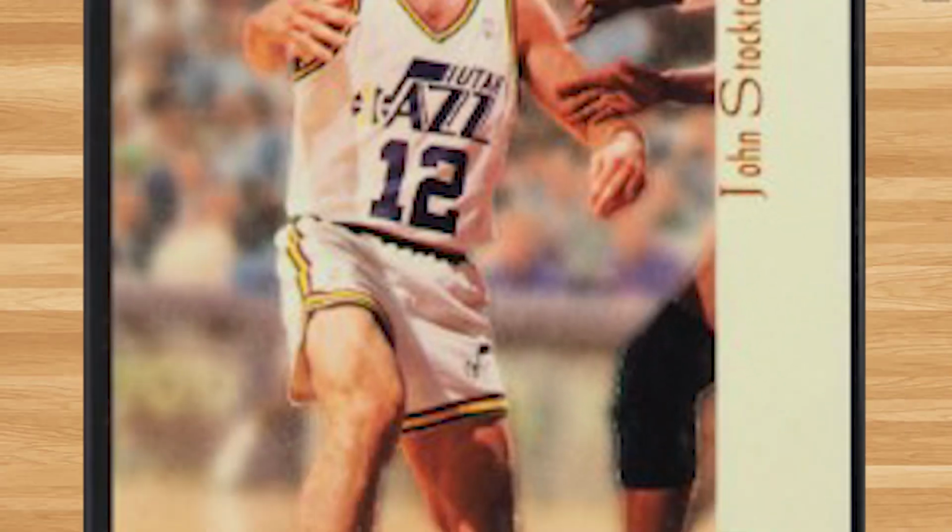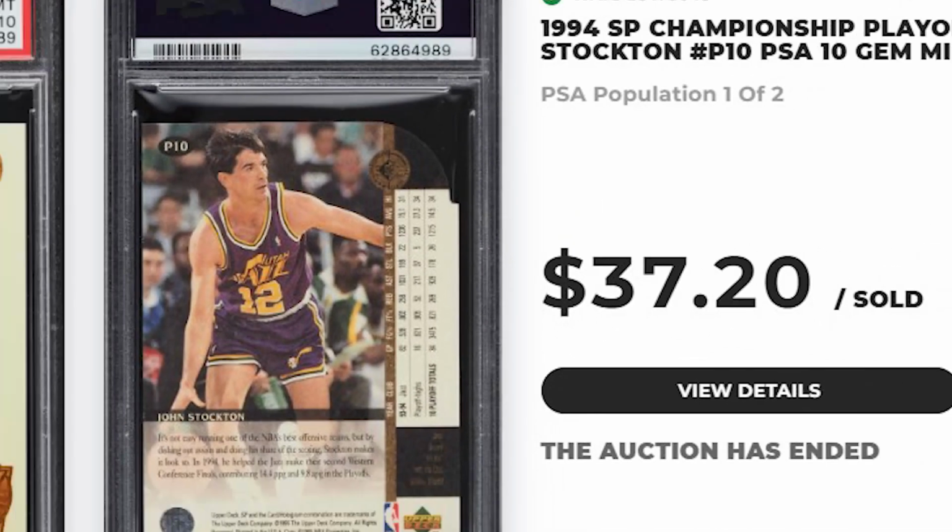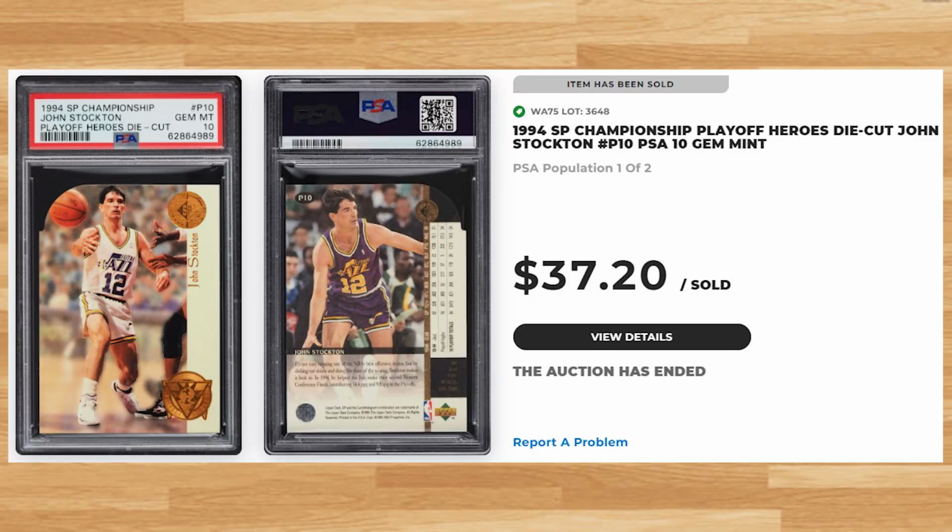John Stockton makes another appearance on today's list to kick off the top 20, this time with his 1994 SP Championship Playoff Heroes die cut, card number P10. This was a PSA 10, and it sold for $37.20. Not only is this the first ever comp I could find of this card in a PSA 10, this